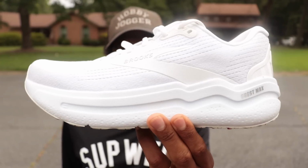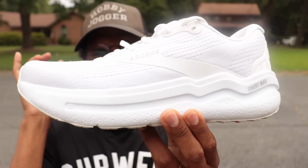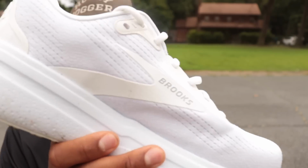Alright guys, 10 miles in the Brooks Ghost Max 2. You don't have to be scared of this ghost. It's a new friendly ghost in town here. And man, look at this. We got some